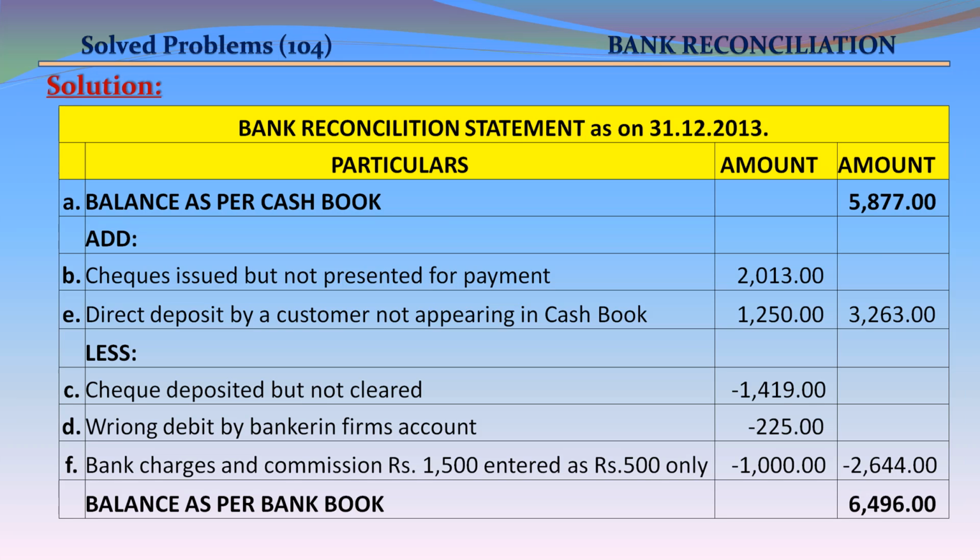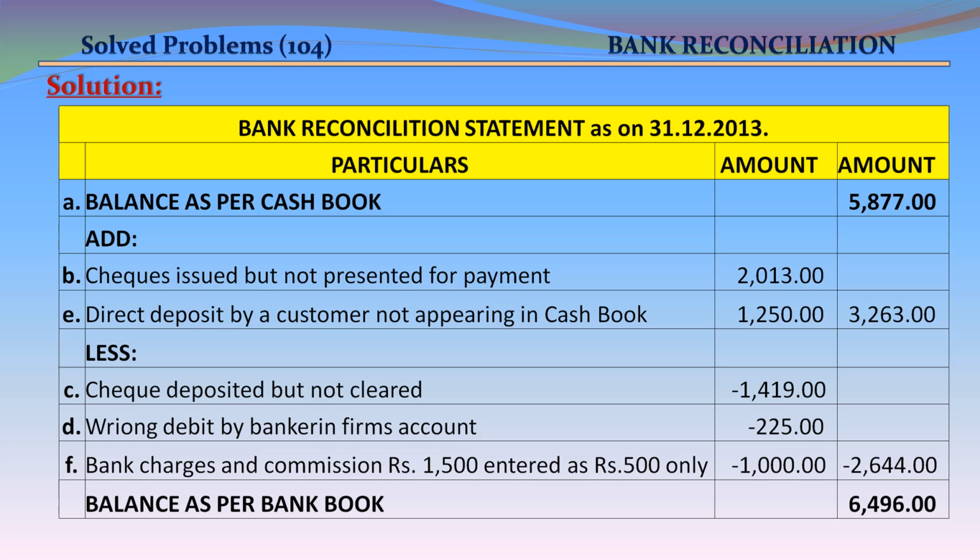Solution. Bank reconciliation statement as on 31st December 2013. Particulars, amount. A. Balance as per cash book 5,877. Add: Checks issued but not presented for payment 2013. Add: Direct deposit by a customer not appearing in cash book 1,250. Total